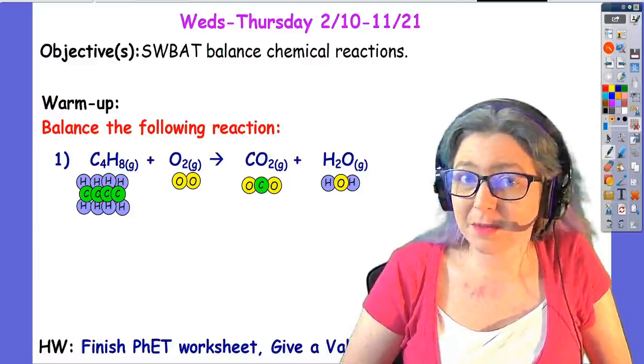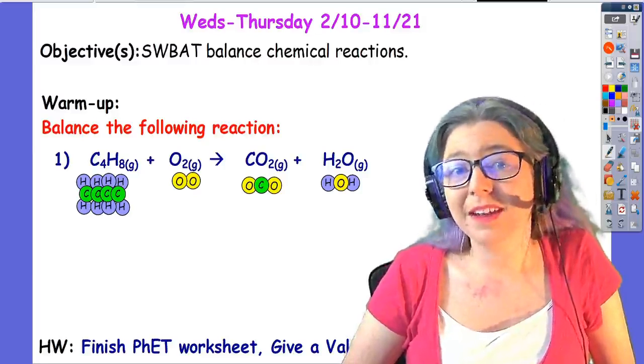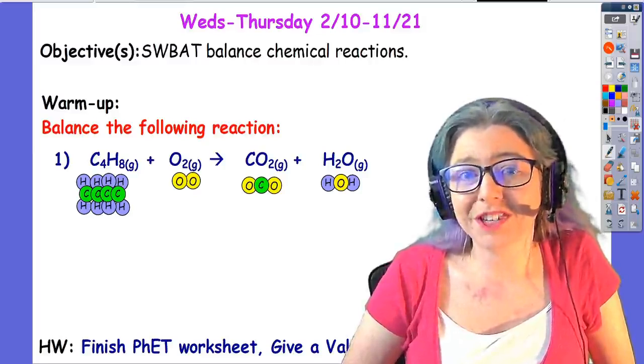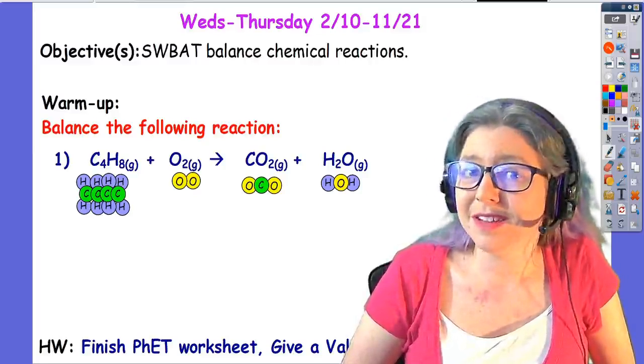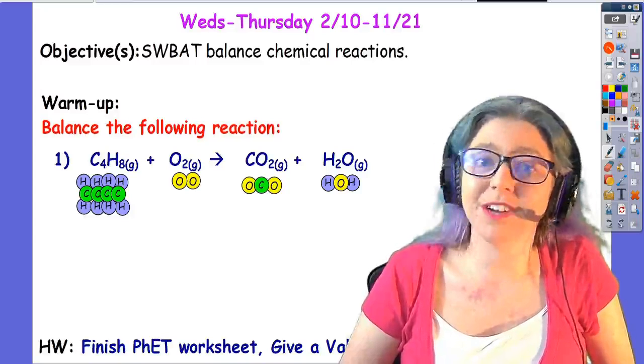To stay on the theme about balancing and getting more practice, that was our warm-up. Our warm-up today, I gave you C4H8 plus O2, yielding CO2 and H2O. This is the combustion reaction from slide 10